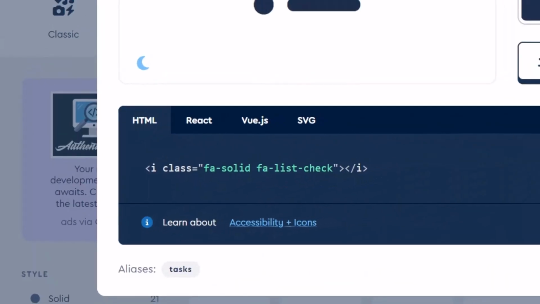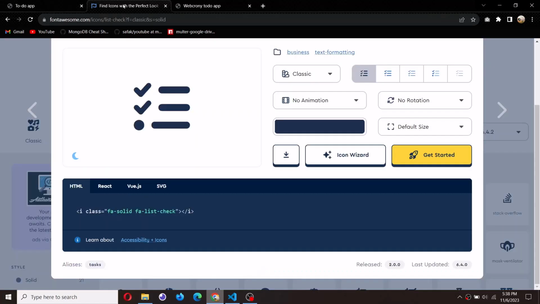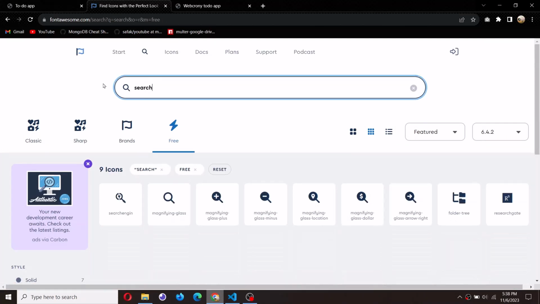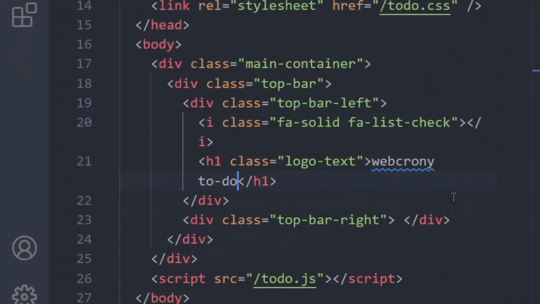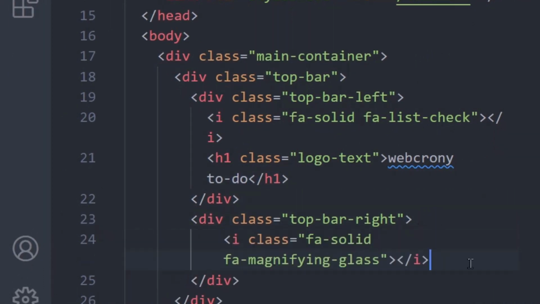Now let's come back here to the main app. At the right side we have this icon and then this icon. So let's do just that. I will come here and then type search, and then this is the one that I'm looking for. So I'll click on it. I'll click to copy the snippet, and inside the top bar right I will paste this one right here, and